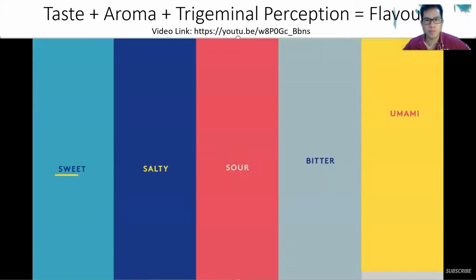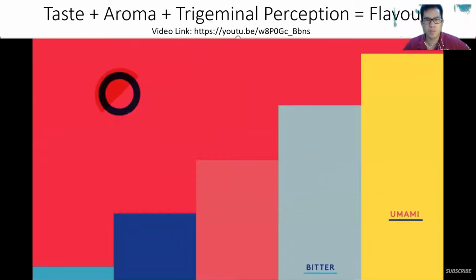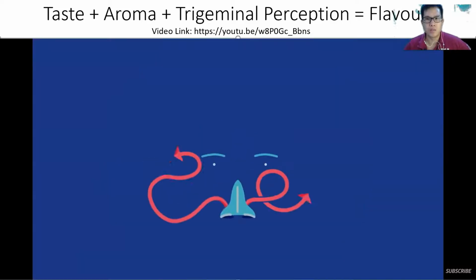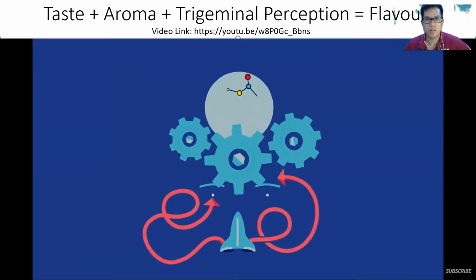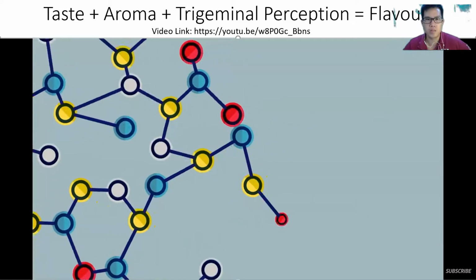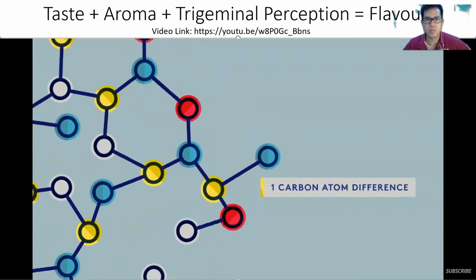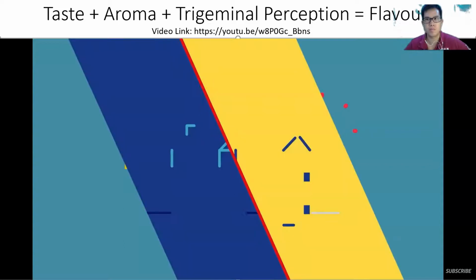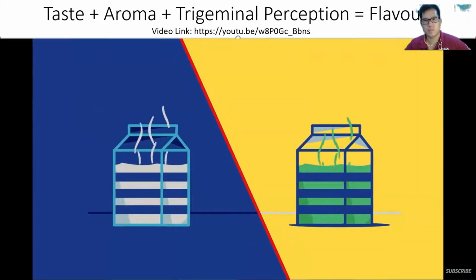Much like our tongue has receptors for the 5 tastes, our nose has receptors for the molecules that make up aromas. The receptors in a normally functioning nose send signals to our brain that are so accurate, we can easily distinguish between aroma molecules that differ by only 1 carbon atom. It's this specificity that allows us to differentiate variations on an aromatic theme, like the difference between fresh and spoiled milk.